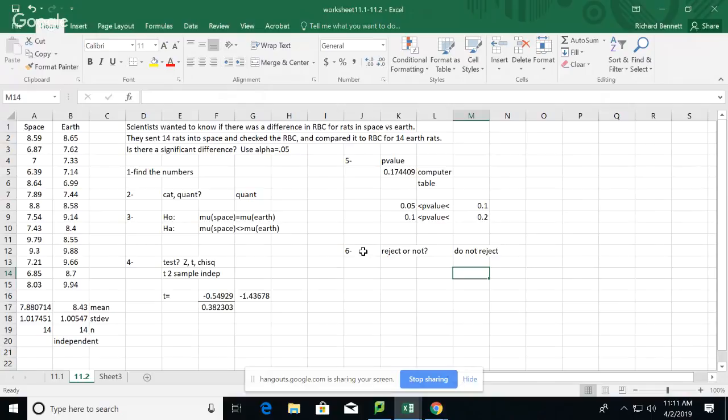Okay. Step number 7. Write it out in English. This is your least favorite part. Who would like practice? Ashley, how about you get the practice today? I'm going to say is or is not. Not rejected. There is not evidence of